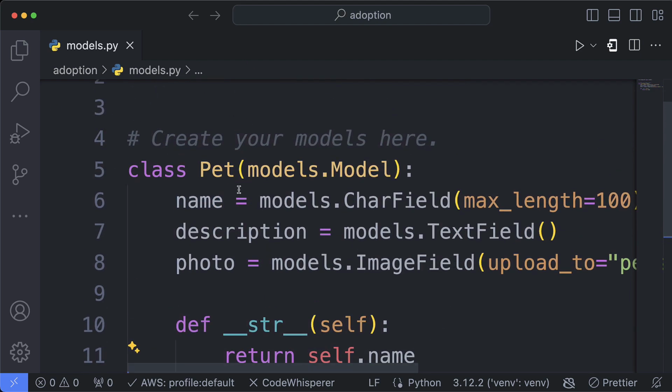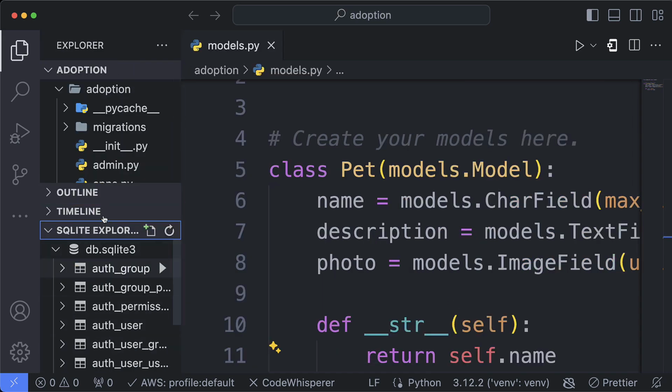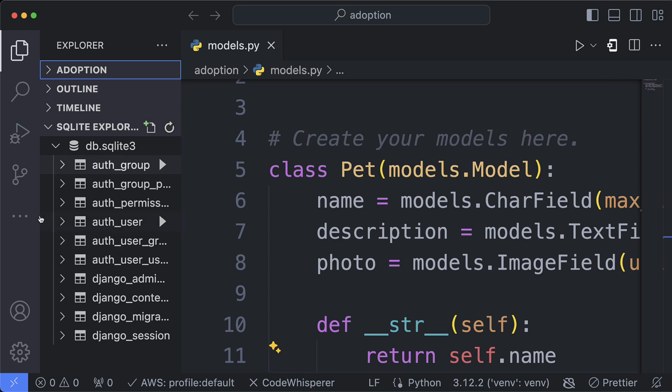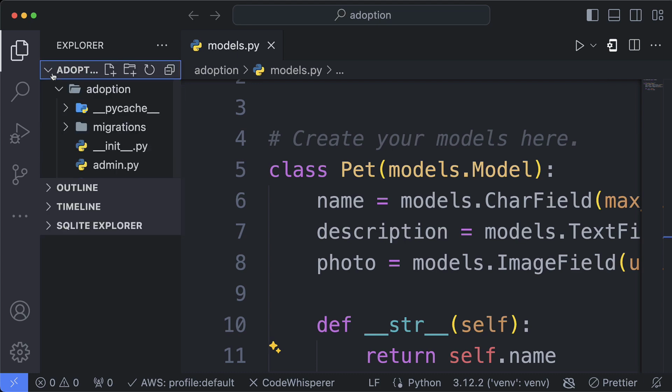Okay, now that we have this set up, we need to run migrations again. This time we need to create the migration first because we added our own custom model. This is important, as you will see, because it will allow the backend to transform it into an actual table. Right now I have nothing related to pet here, because I haven't run the migration to create the infrastructure and the table and everything. And all of that is easy to do because I can go back,